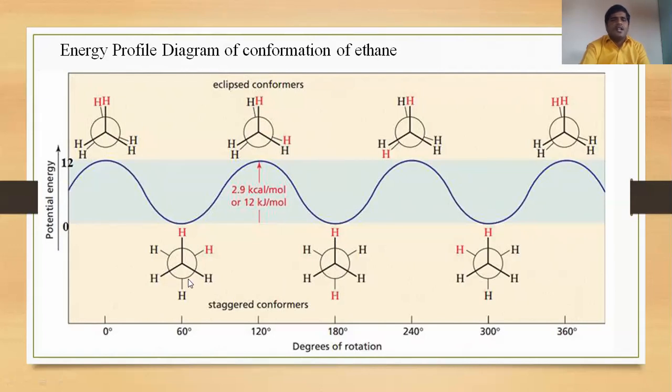This first is gauche conformation and this is staggered conformation. And then again this hydrogen shifts to this, and they will become the eclipse conformation. And again when this hydrogen shifts to this location, that will become gauche conformation. And again if the hydrogen shifts to this, it will acquire 12 kilojoule per mole energy, and that is called eclipse conformation. That movement observed through the rotation is called the energy profile diagram.